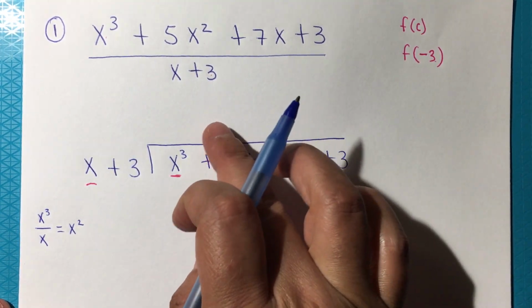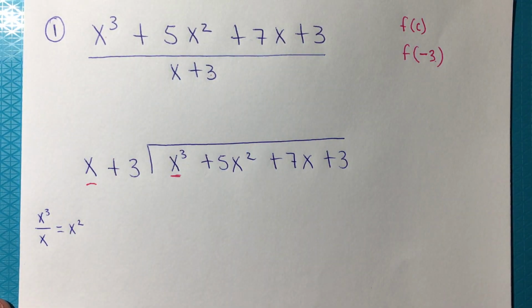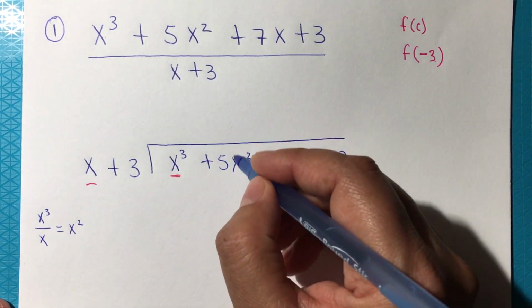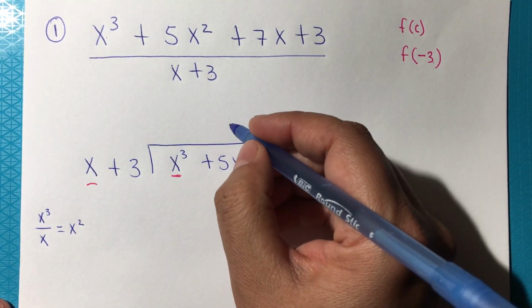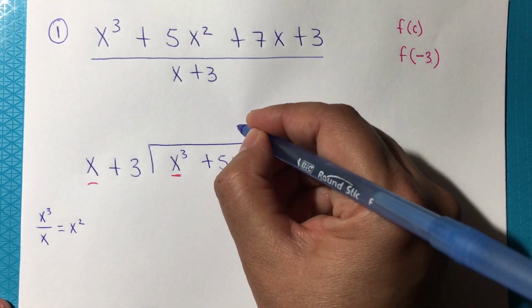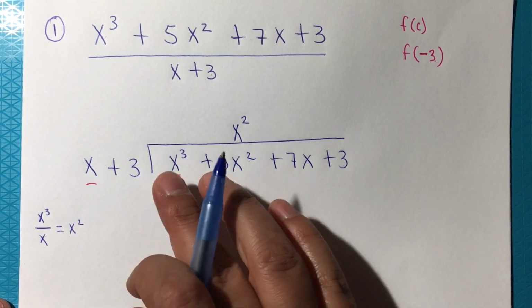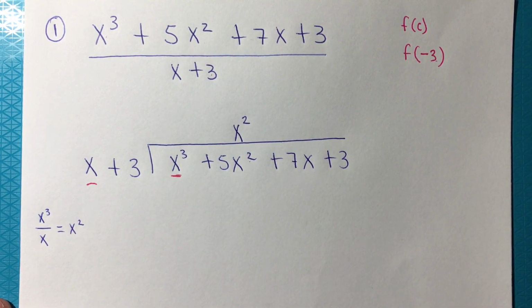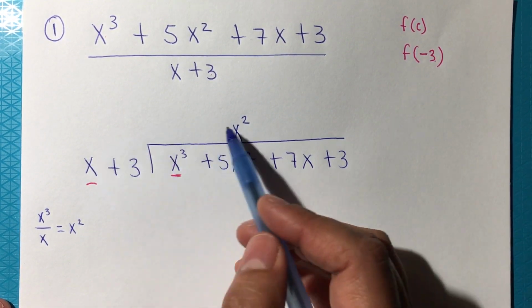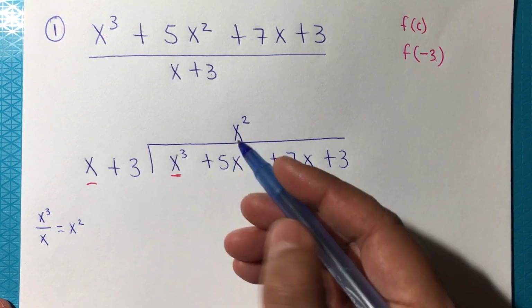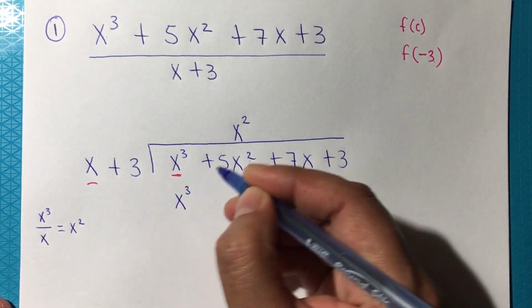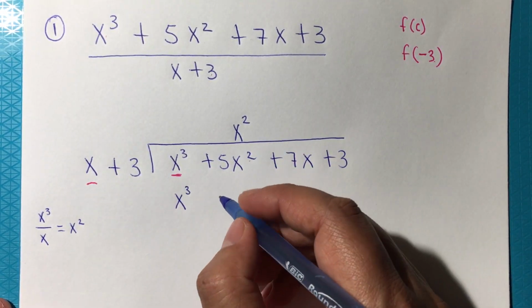Since you're multiplying this by the divisor, you end up with a binomial. You are going to affect the second term, and so the answer x squared goes right here. It's not because it's x squared and x squared, it's just because you're affecting 2 of the terms. Then you start multiplying like distributive property. So x squared times x is x cubed. X squared times 3 is